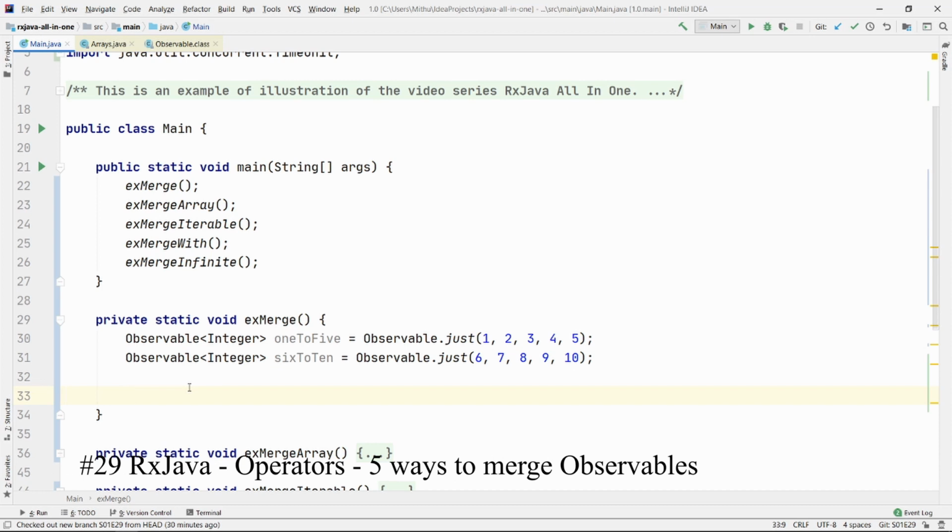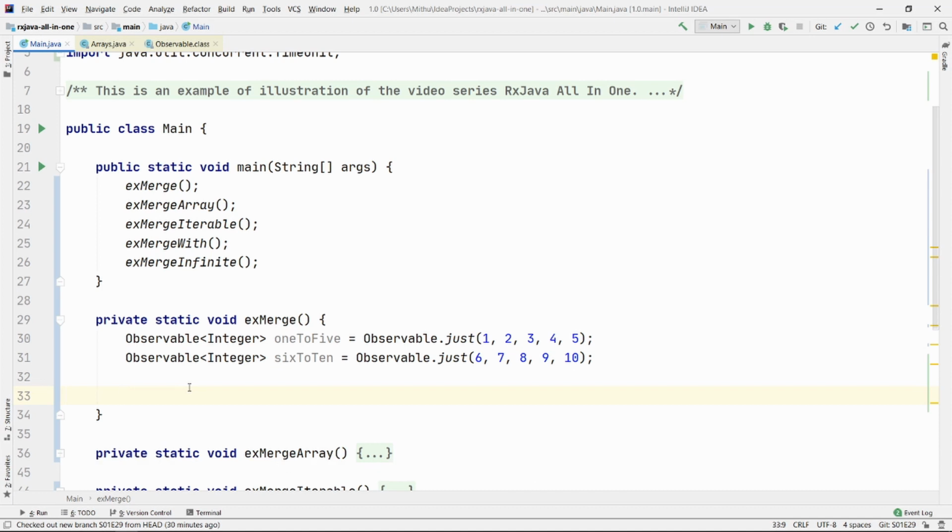There are some instances where you may need to observe all the observables data in a single place. If you haven't watched our video on observable interval, then you should go ahead and watch that first. What happens if your observable gives you data in a different timeline and you want to observe them all in a single place? I will get back to it on the last example, but let me show you how we actually merge data in observable.